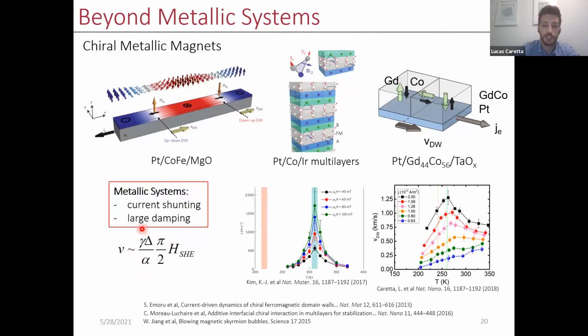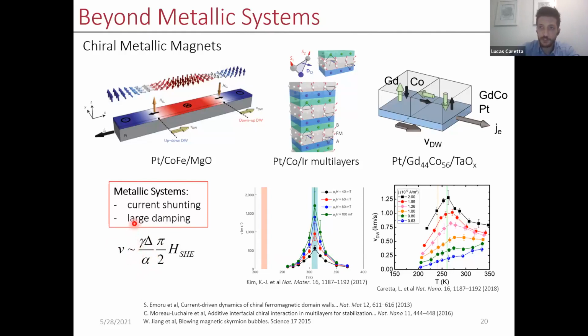If you look closely at the domain wall mobility, you'll see that a few things affect it, at least in the simple sense shown here. There is the domain wall width, the gyromagnetic ratio, and this alpha term on the bottom, which is the damping. The gyromagnetic ratio is relatively constant. Domain wall width in these types of materials you can only vary by maybe an order of magnitude at most. But this damping term at the bottom is what's hindering the domain wall speeds, or mobilities, in metallic systems. It can be quite high in metallic systems.